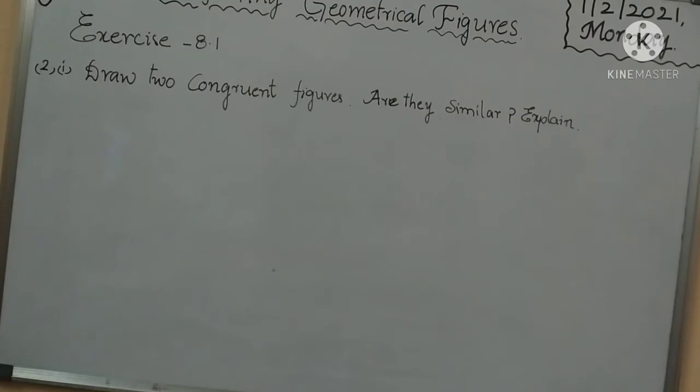Okay, next exercise 8.1. Look at the textbook, children, page number 192. Exercise 8.1, first one: name 5 pairs of congruent objects you use daily. So, in your daily life, name any 5 objects that are congruent figures. Find them. So, for example,